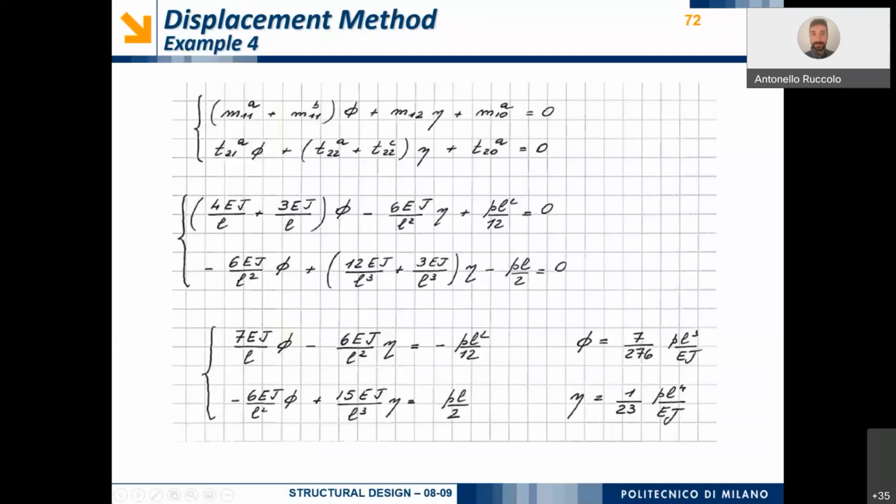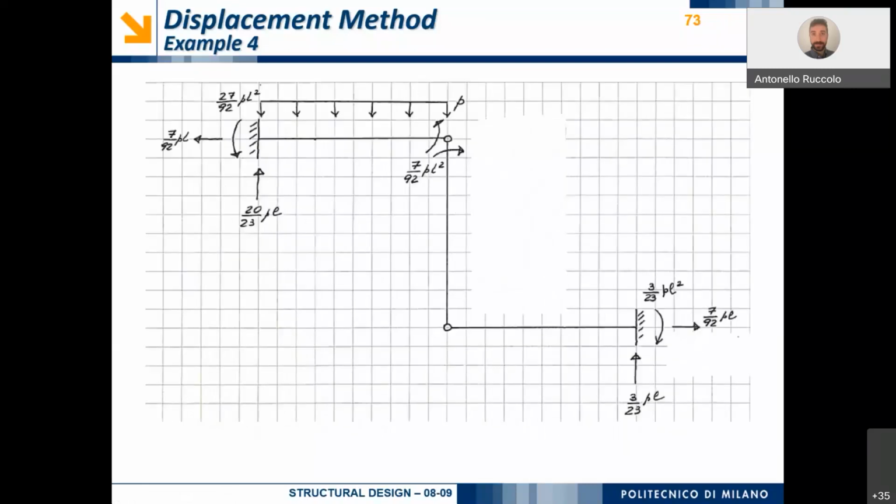Okay. This is the same exercise as you will find in the slides. And here you can see the resolution is already proposed with the value of phi and the value of eta, which guarantee the equilibrium in the node B. As we did before, it is nothing new. We just explicit the effects using the superposition principle, so considering both the loads, the bending moments, and the shear force